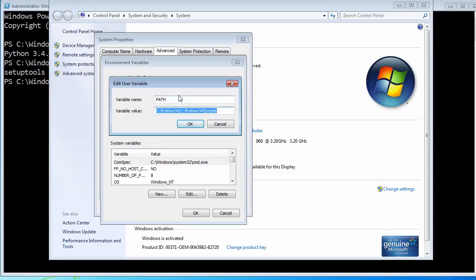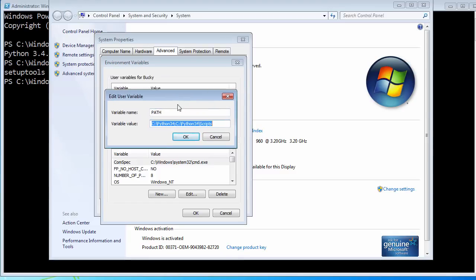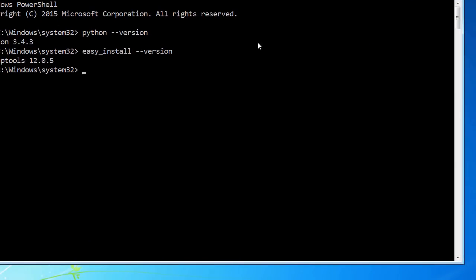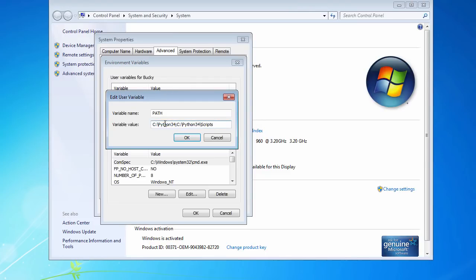Now, by the way, if you guys are wondering what the heck we're doing, this is where you tell Windows where to look when we type in something into the command line right here. So it already has Python set up. So this is how it knows to look in this directory for Python. However,